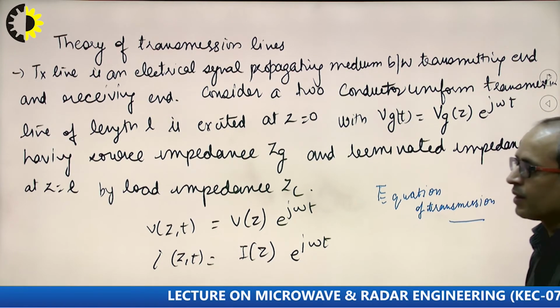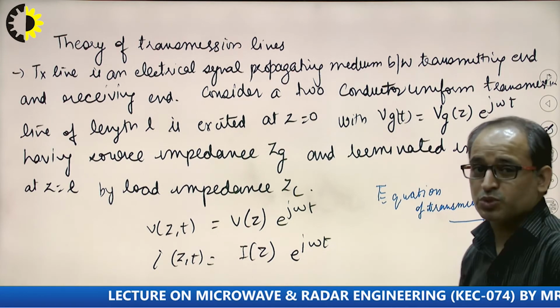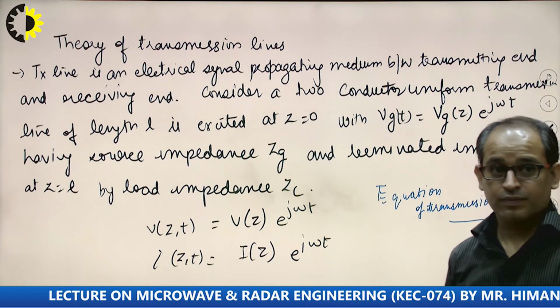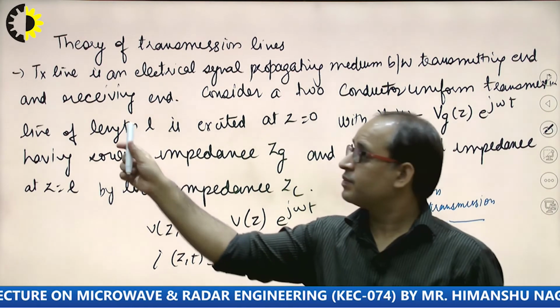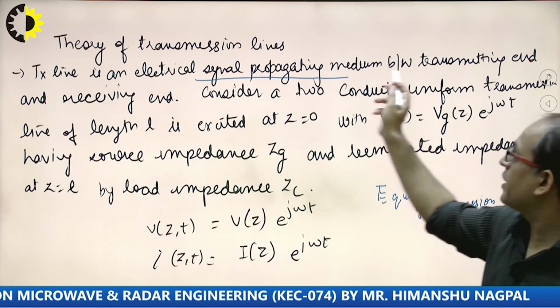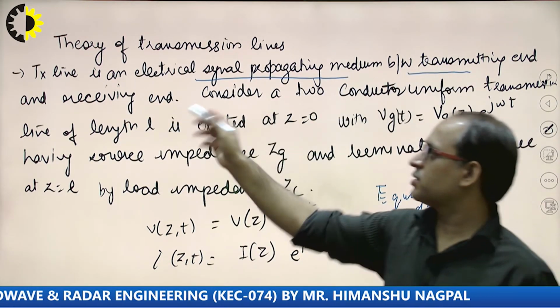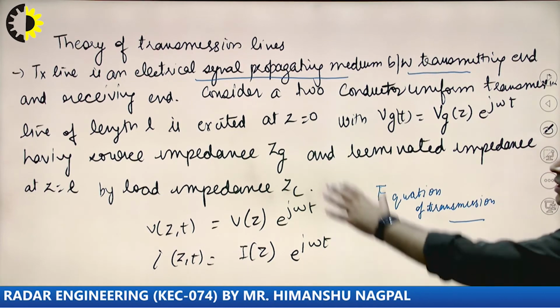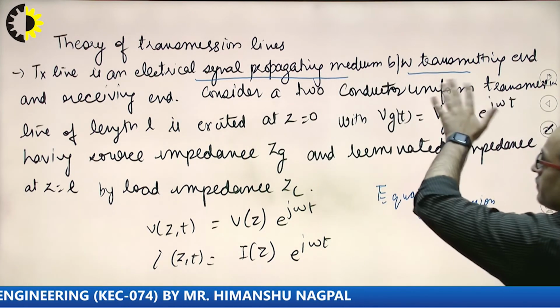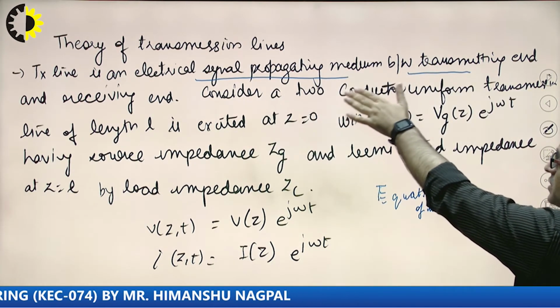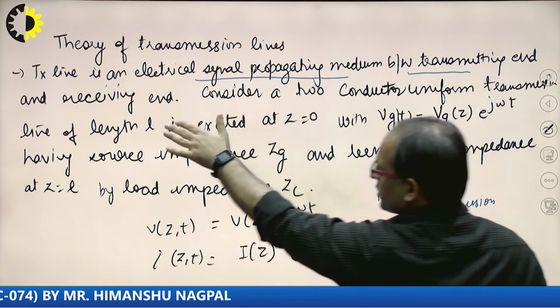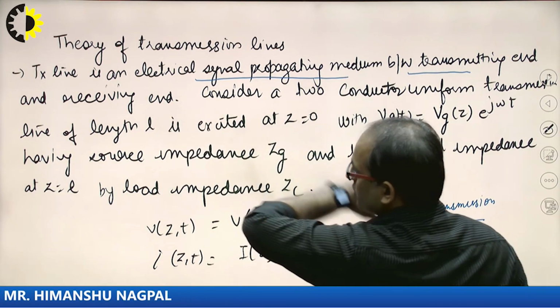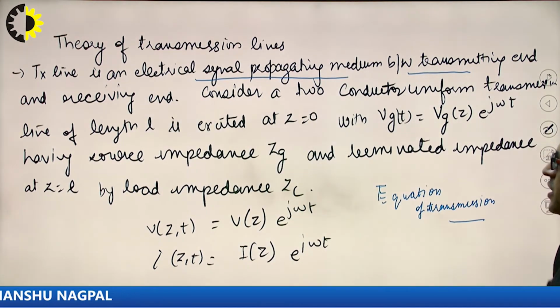Now see, if I say a transmission line is an electrical signal propagating medium from the transmitting to the receiving end, it means the transmission line is the medium which propagates the electrical signal between the transmitting and the receiving end. Consider a two conductor